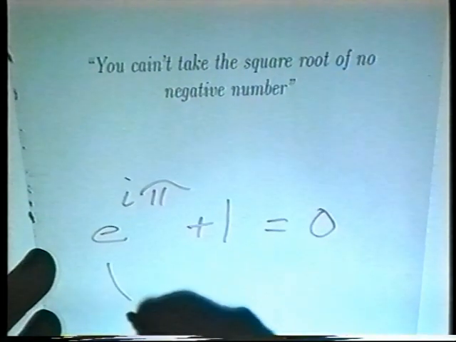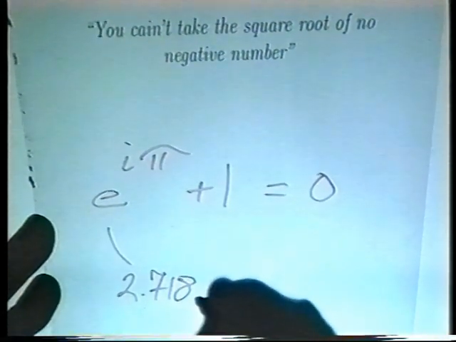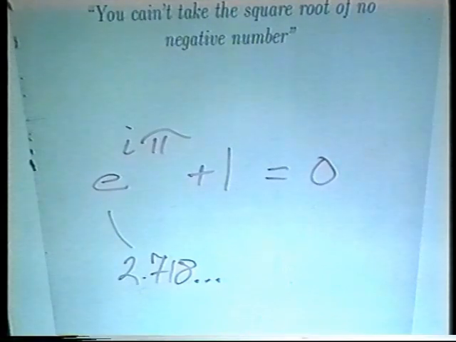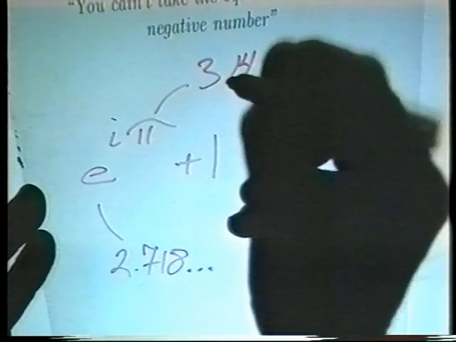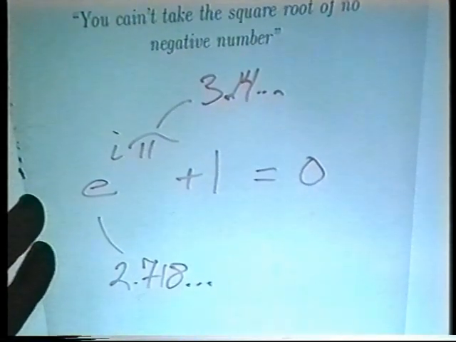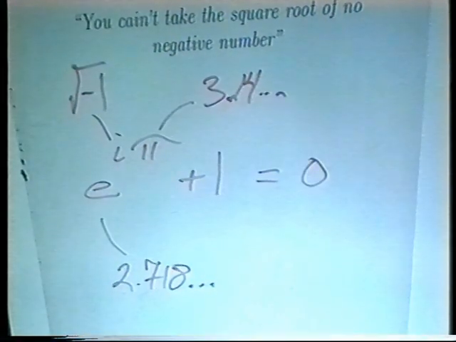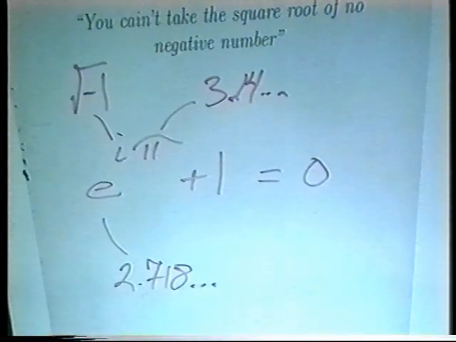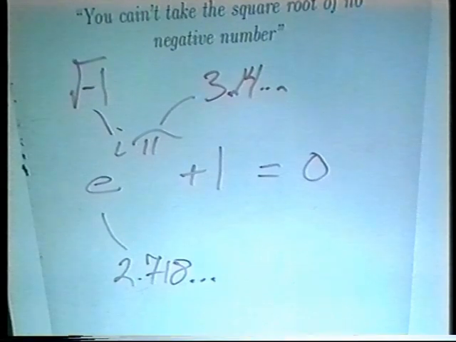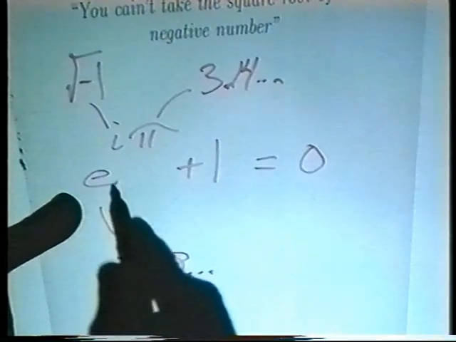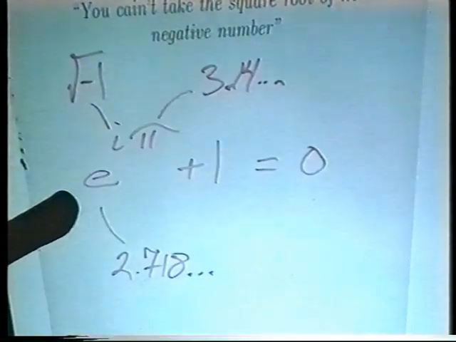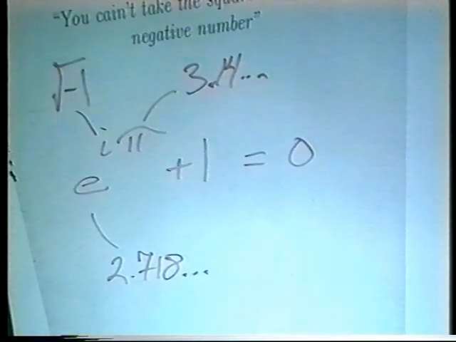We have e, which of course represents analysis. As a base of exponentiation, it generates the function which is equal to all of its own derivatives. We have pi representing geometry, I suppose. 1 and 0 representing arithmetic. And then we have this creature i, the square root of negative 1, that you can't take in North Carolina. It's a special relationship. I mean, how often does it happen in your life that you take a positive number, a good solid Church of England positive number like e, and you raise it to some power and you end up with negative 1? It's kind of remarkable.